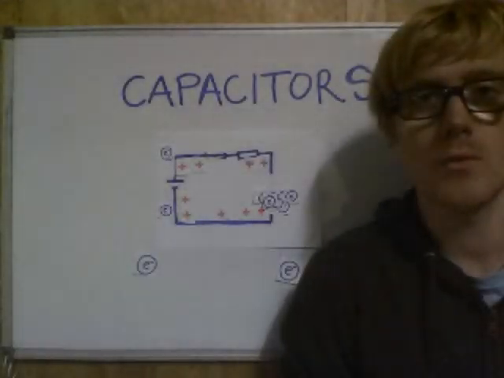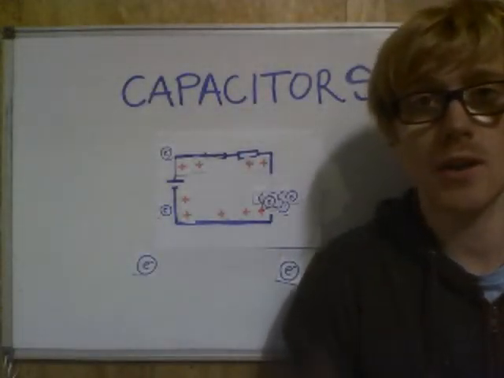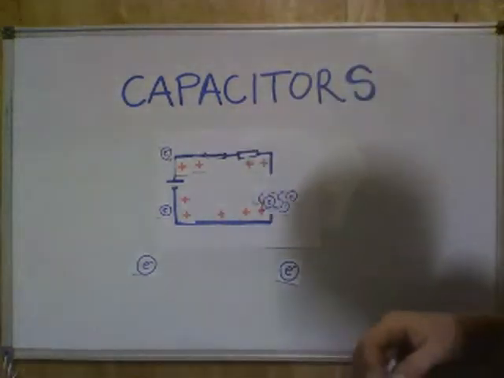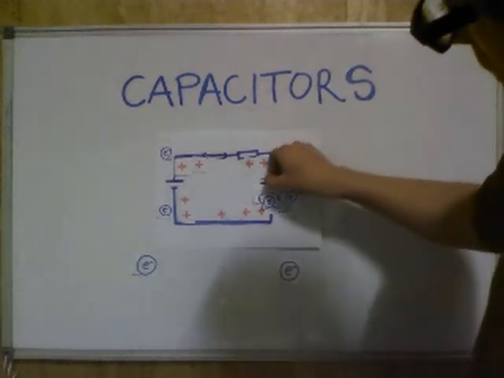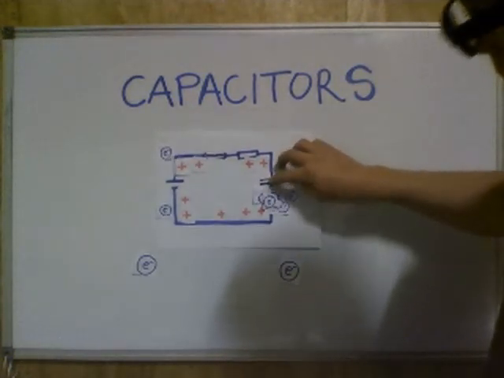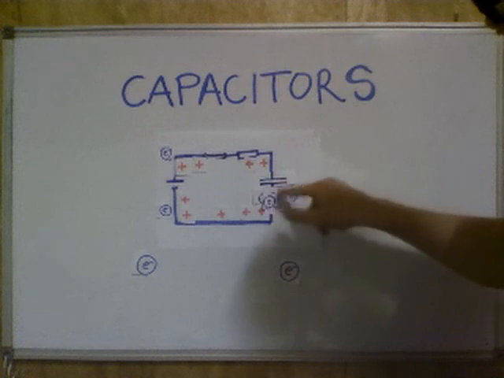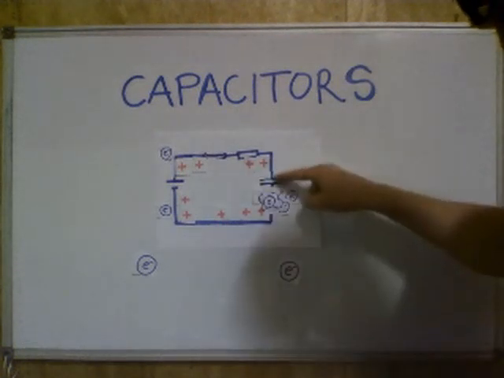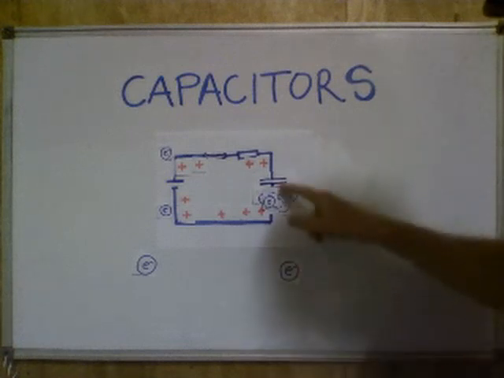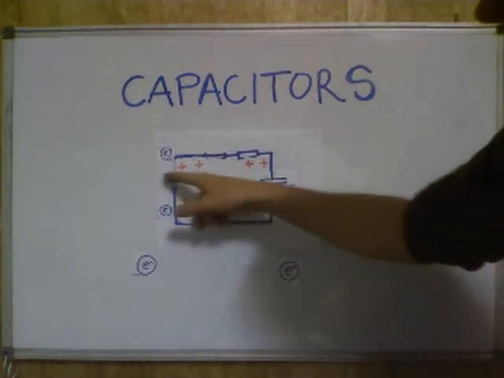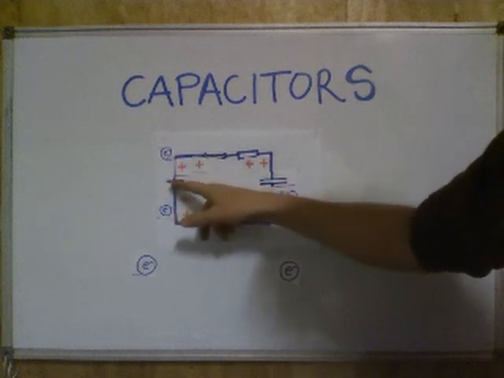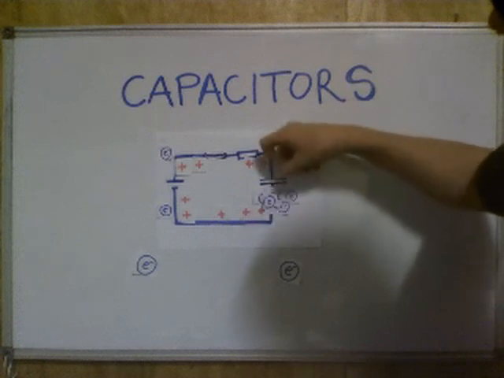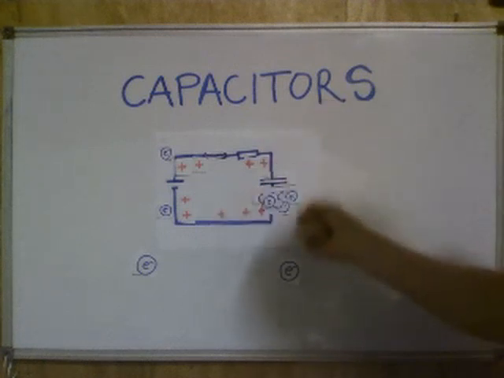And what we've just seen here with the open circuit is essentially how a capacitor works. A capacitor is a tiny break in the circuit between two metal plates. And when a capacitor is working, electrons build up on one side, positive charge is left on the other side, and we create a voltage between these plates. Then, if we take away this electromotive force here, okay, the force that was pushing the electrons on here, the Coulomb force, repelling the electrons from each other, pushes them back and causes a current to flow again in the circuit,